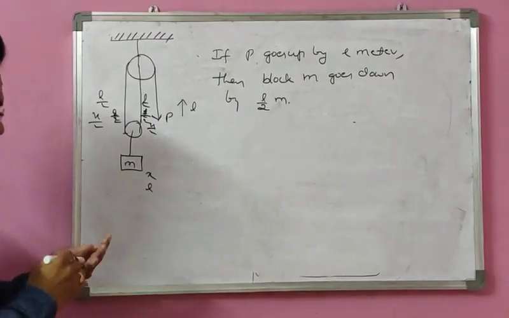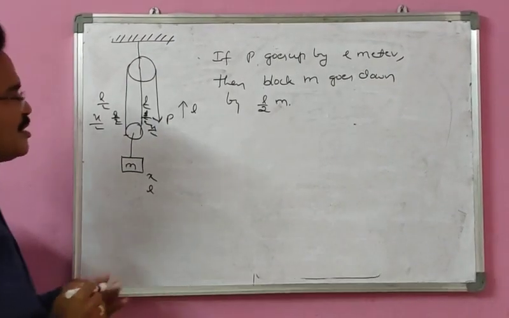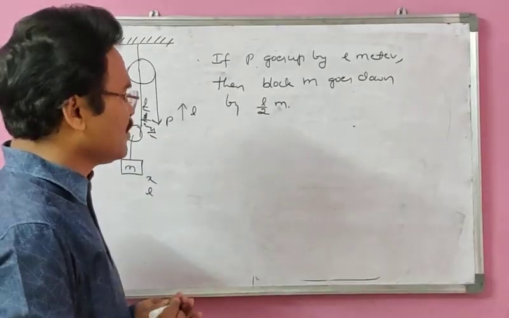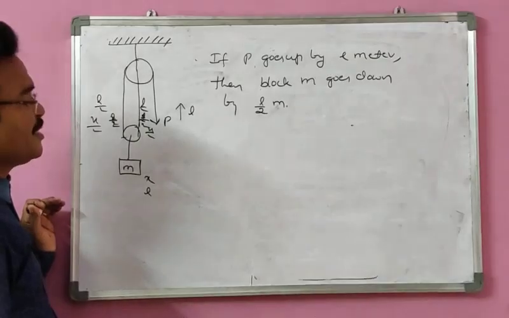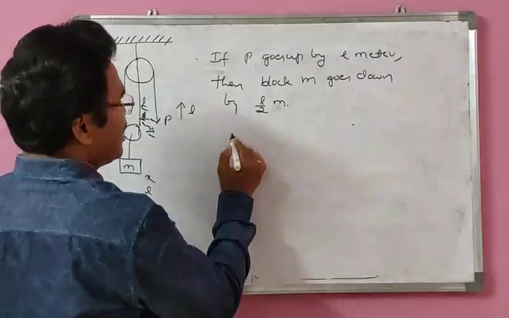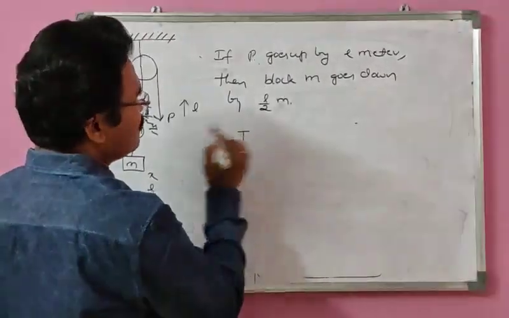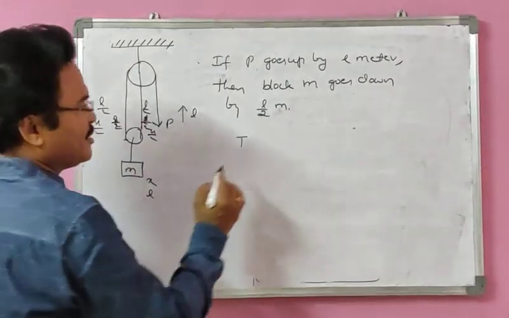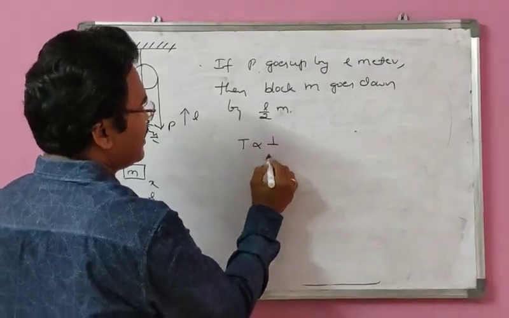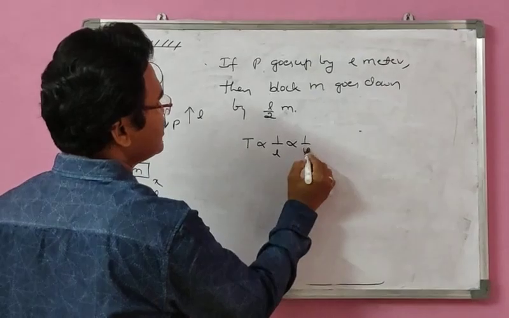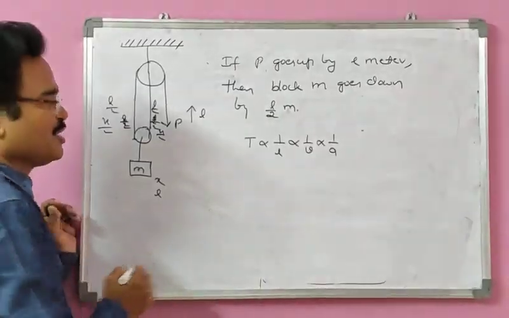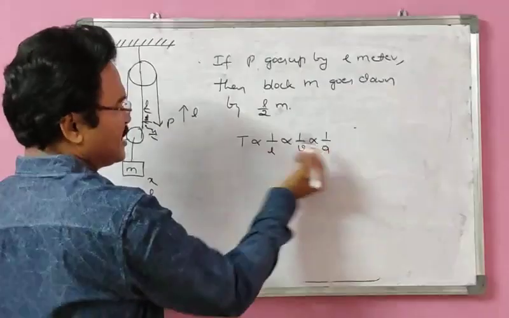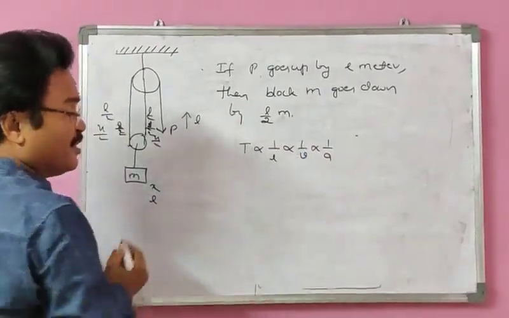So as this time has come, I will tell you one shortcut or trick that you have to remember forever in the case of these bodies connected by pulleys here. Always try to keep in mind that tension and length or velocity or acceleration are inversely proportional. That means displacement or velocity or acceleration, whatever it may be, you take with tension.